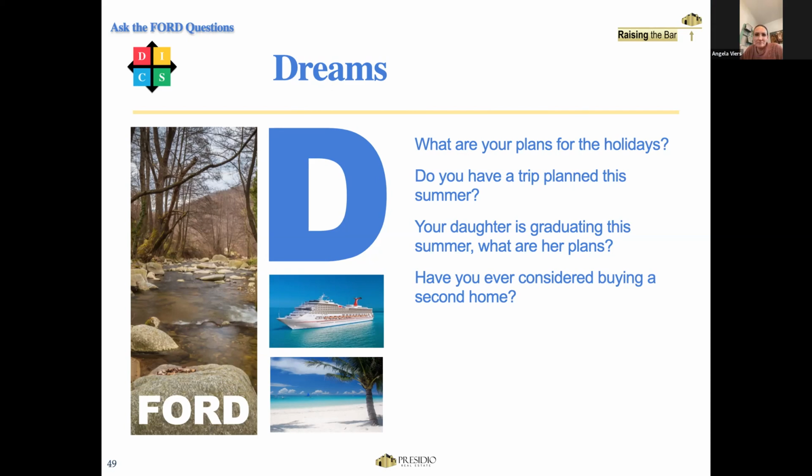People do have dreams, and we don't know what their dreams are unless we're able to get into conversation with them. We may see someone who's in a home and it's a lovely home, but we may not know that at the moment they've got a family situation where they need to move to another member of the family in another part of the state, and they're looking in their mind of selling their home and buying a home. If we don't have these conversations, we can't help them, can we? We can't get on that platform. So that may be a dream.